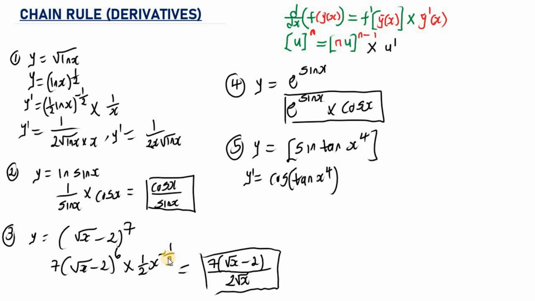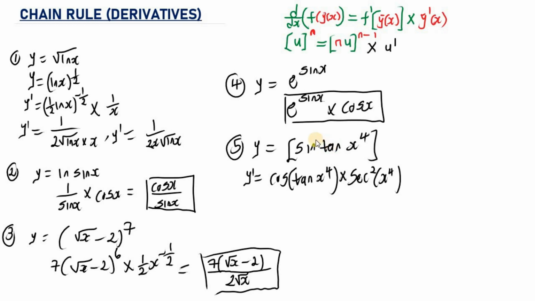Now we're going to move to the inside function. So the next value we have is tangent. What is the derivative of tangent? The derivative of tangent is secant squared. So this is multiplied by secant squared. Then we have to write the inside value, that is the next value, which is s raised to the power of 4. So this is secant squared multiplied by s raised to the power of 4.